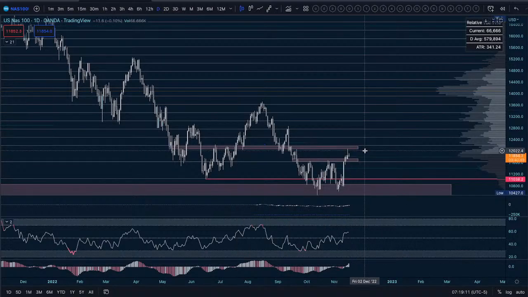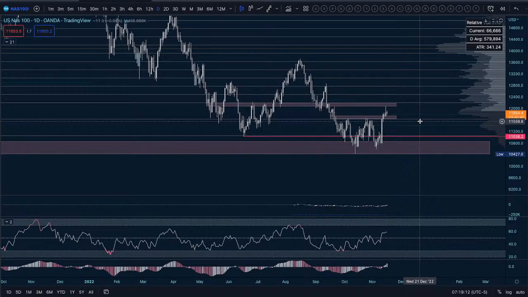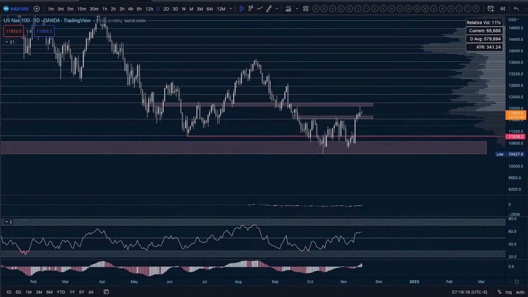Okay, yeah. So basically it's currently stuck in this region, right? Nasdaq. So if it comes down, then we can expect it to go down there, and then maybe another run up,